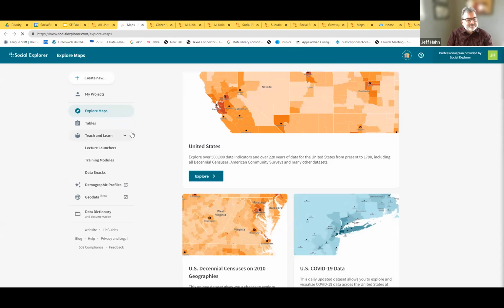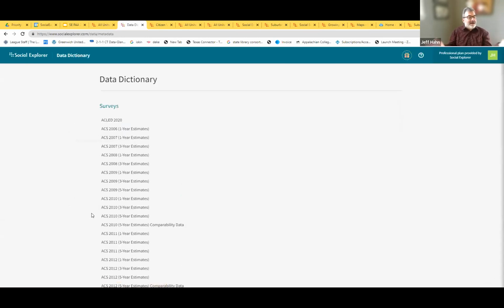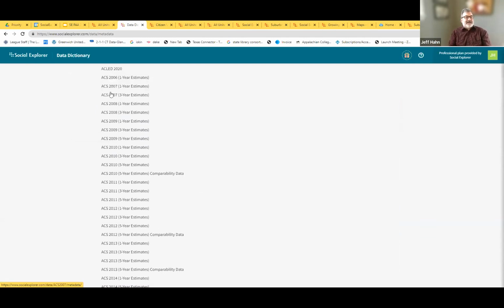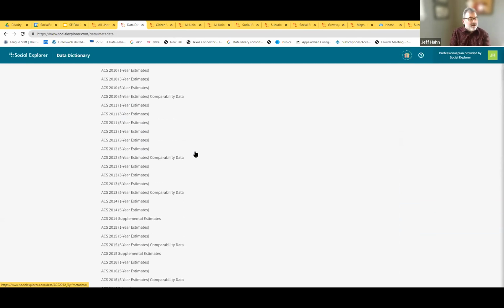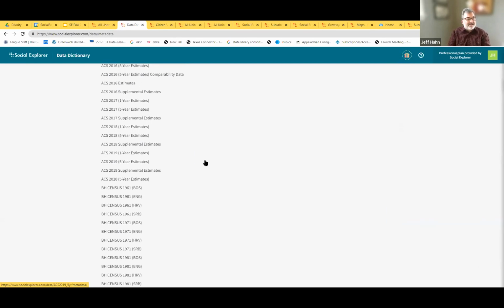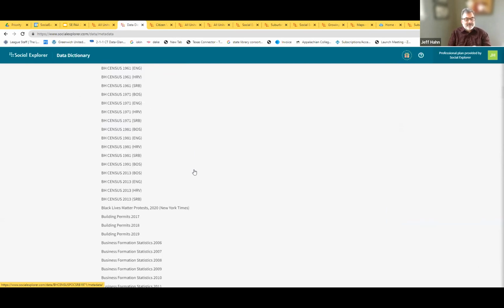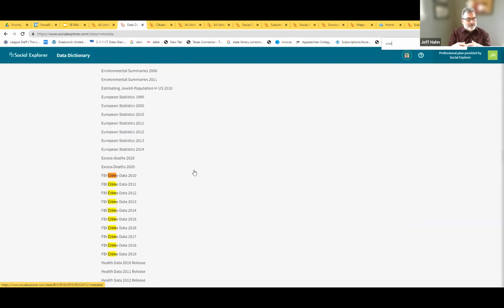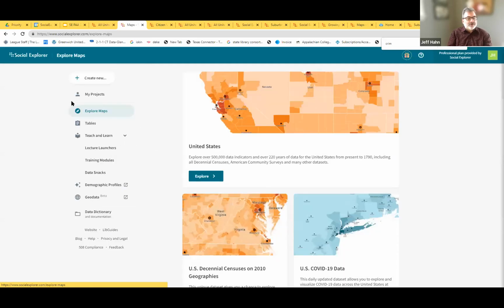We also have our data dictionary here. So if you click that, you can see everything that is in the system. And I'll just stay here on the ACS since that is really our focus today. But we also have a tremendous amount of health data, law enforcement data. We have all of this FBI crime data, this health data. So if I go in, let's say I want to look at the health data,